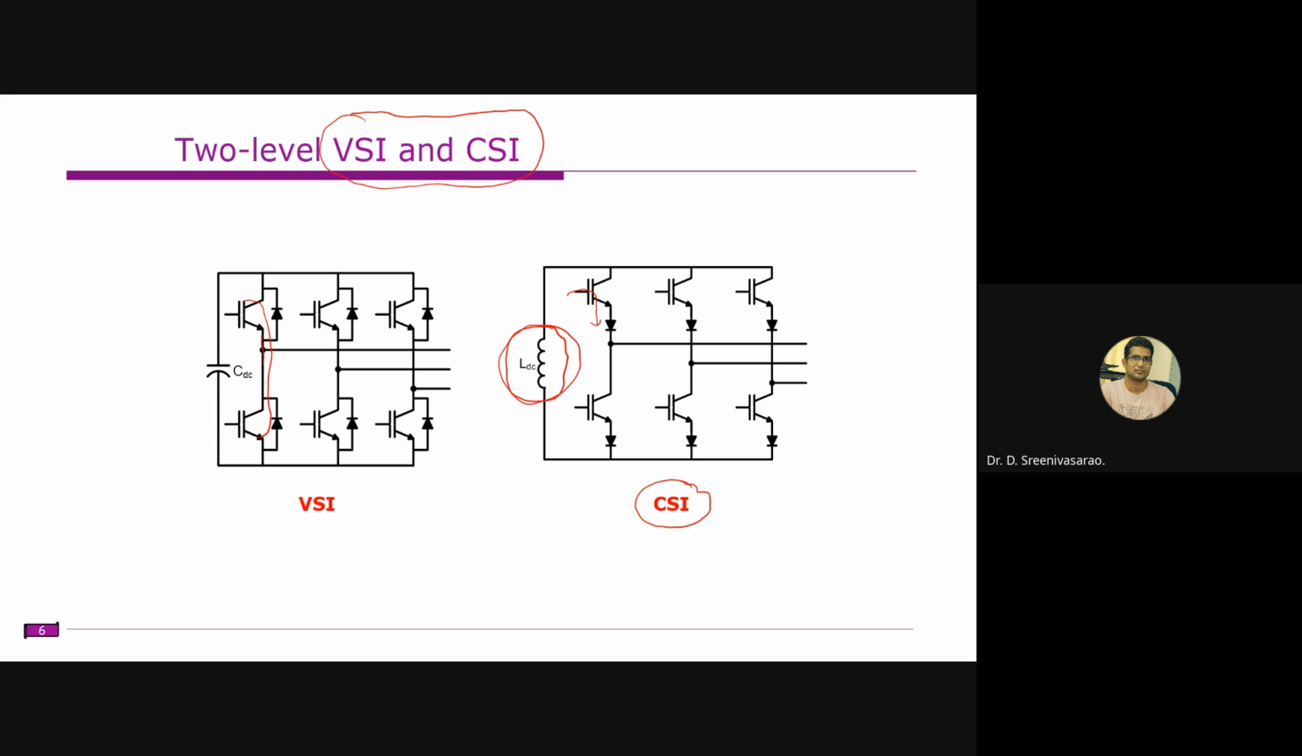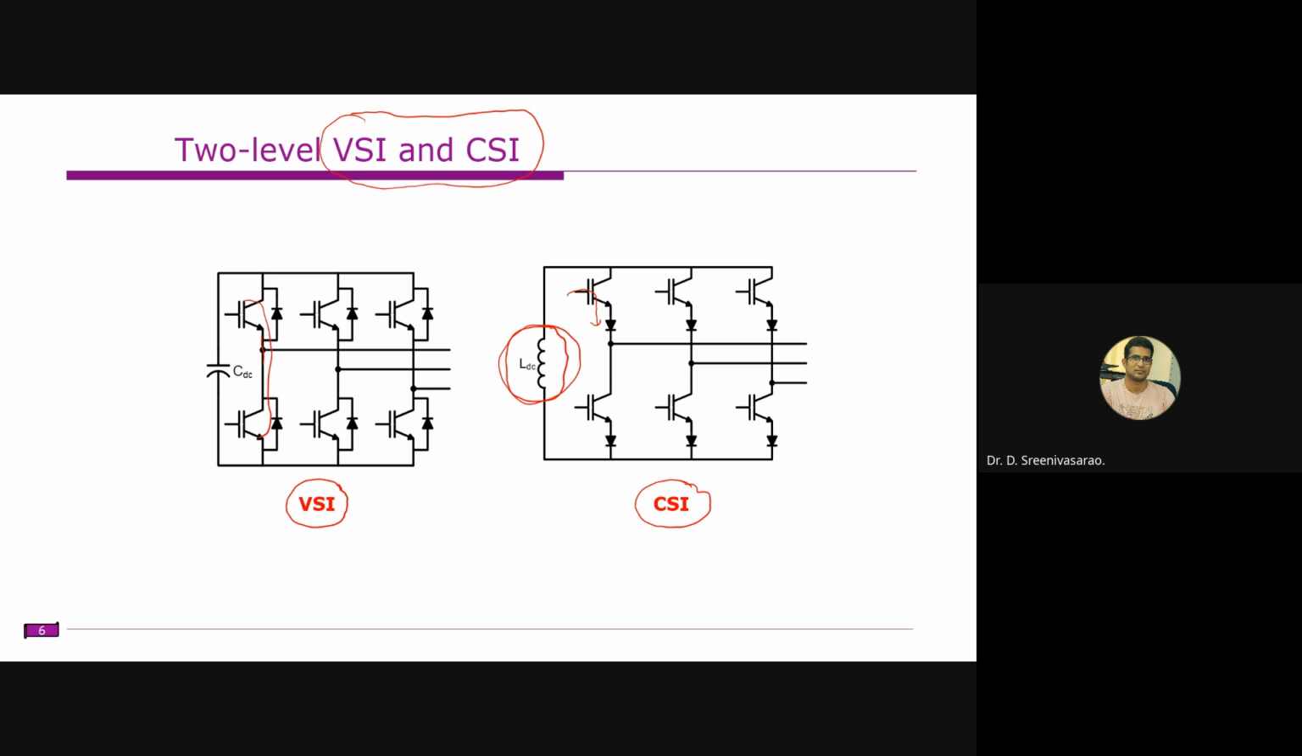the damage. Right? To prevent that, we need to make sure that the two devices in the same leg are not turned on simultaneously. We need to provide some deadband or blanking time between these two devices. For example, if the top device is conducting, before turning on the bottom device, we need to wait until the top device is completely commutated. Okay. So what we observed is that voltage source inverters are more popular, right, due to